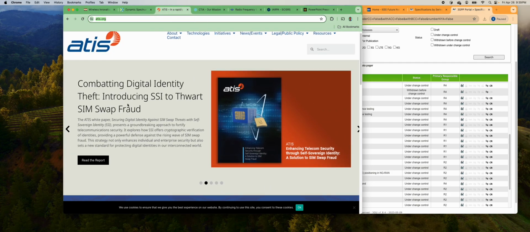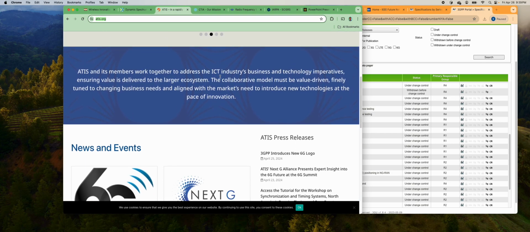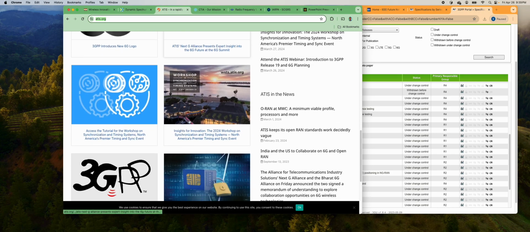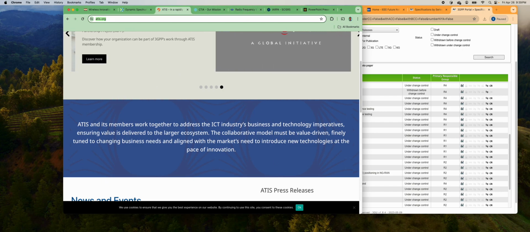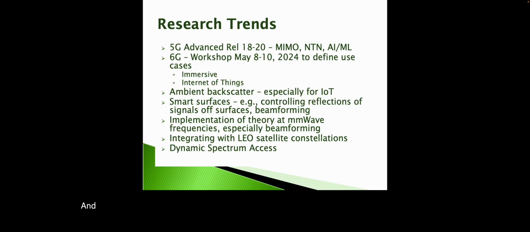And then there's ATIS. This is the U.S. organization that works with 3GPP and other systems, again advocating for its members. All right, let's go back to our slide deck, and now let's talk a little bit about